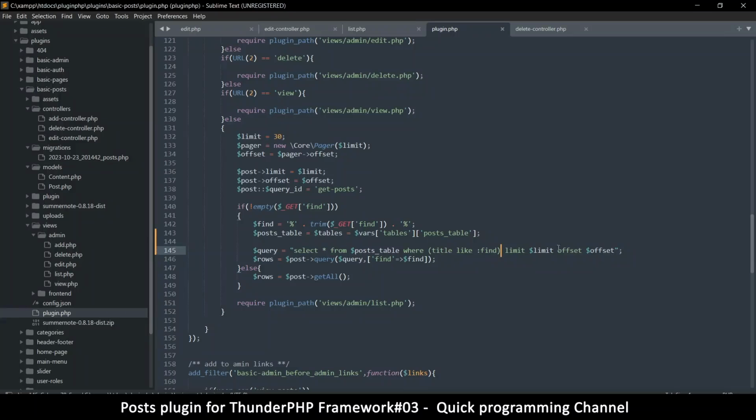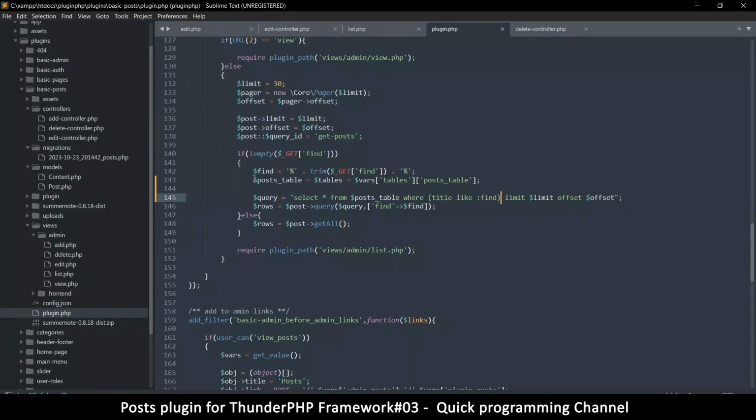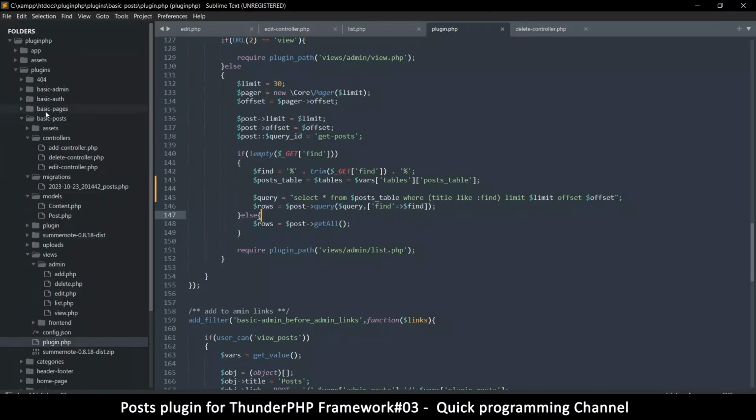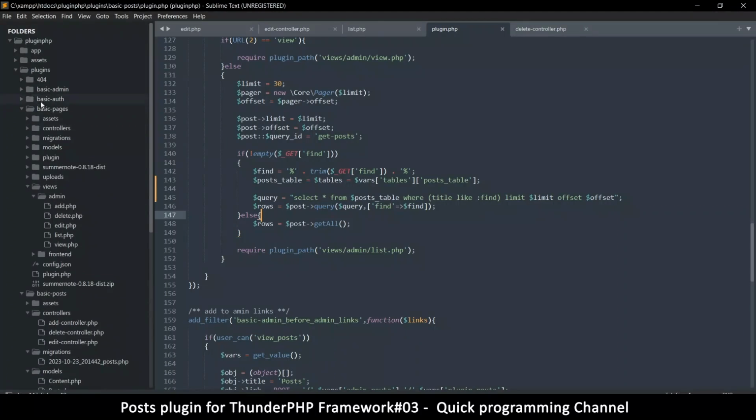Now you could put or and search for the slug as well and other things, the author and stuff like that. But we just leave it at that. So let me copy this whole thing here, because I've noticed we have users in here, which means even the basic pages thingy was not changed. So in the basic pages